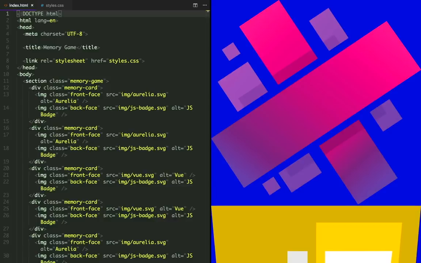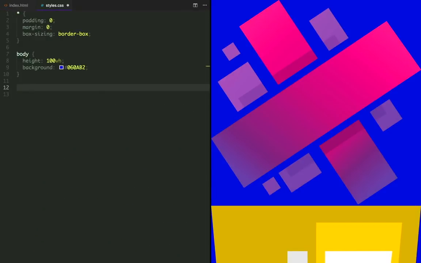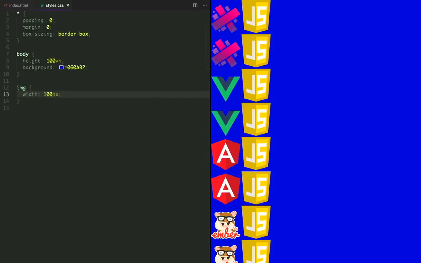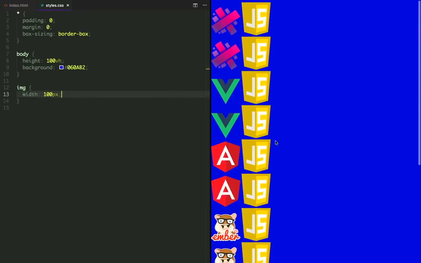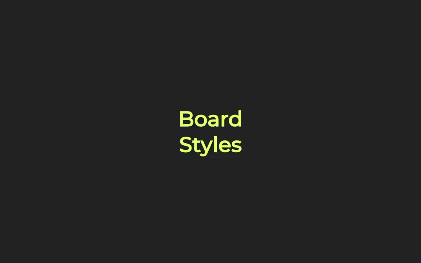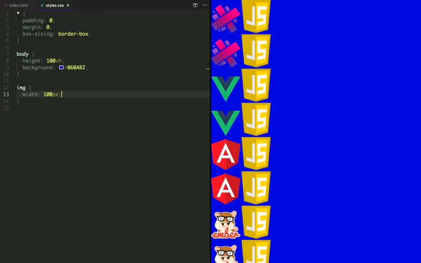So now that we have added all the elements, let's also add a temporary width of 100 pixels to all images so we can have a better idea of what's going on. In styles.css, we're going to be styling our memory game container and the memory card front face and back face elements.